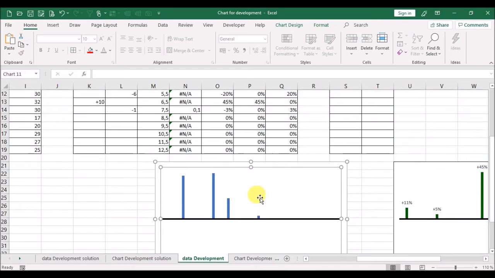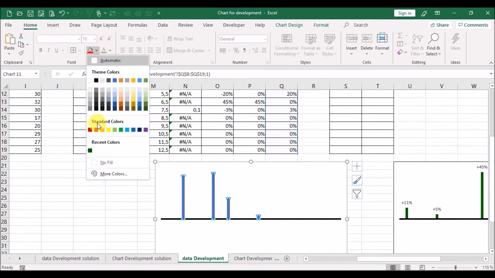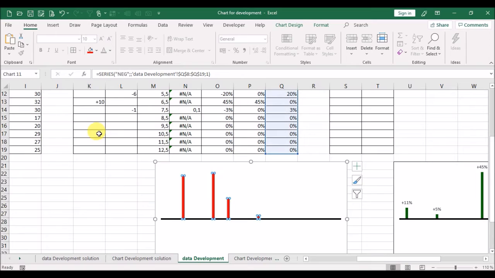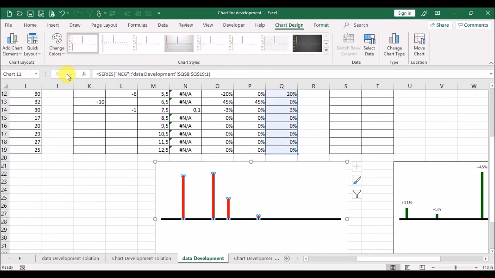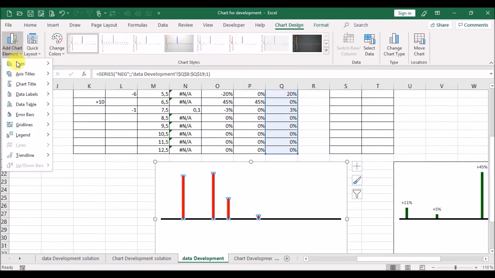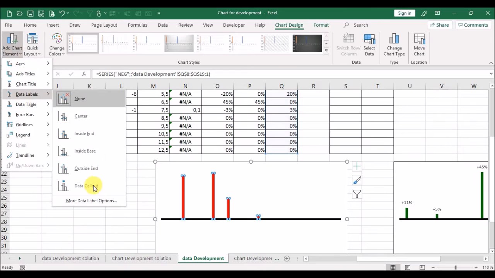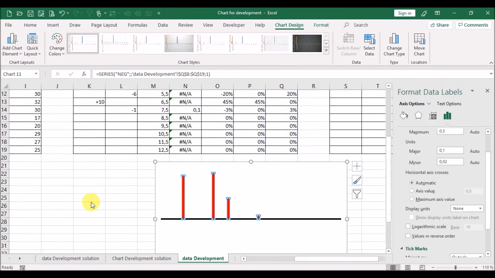Go down, we mark the deviations, and we select a red color. Then we go to chart design, add chart element, go to data labels, more data label options.